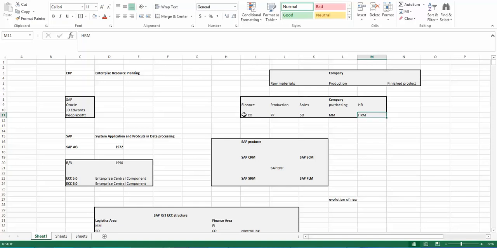SAP ERP system has all these applications. For finance, it has FI and CO. For production, it has PP. For sales, it has SD, which is sales and distribution. For purchasing, it has MM, which is material management. And for HR, it has HRM. So SAP ERP is comprised of applications that serve each important pillar of the company,